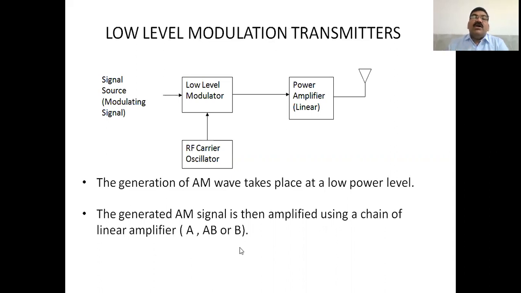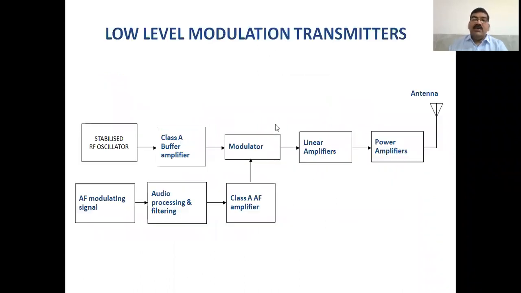Now this is a very small block diagram. The major blocks represented are modulator, carrier signal, modulating signal, power amplifier, and then transmitter. But we will go into detail now. Now in detail we will go with this block diagram, in the detailed section.